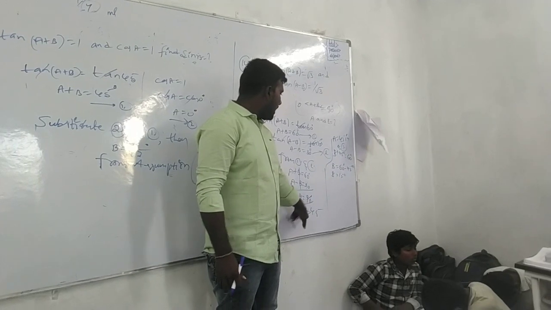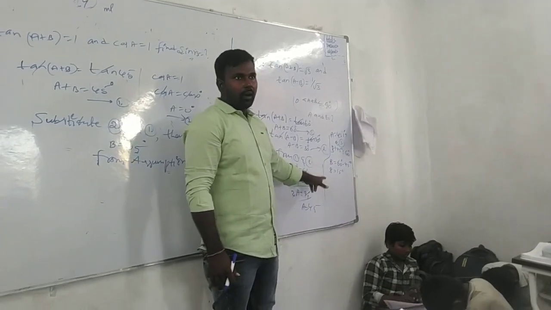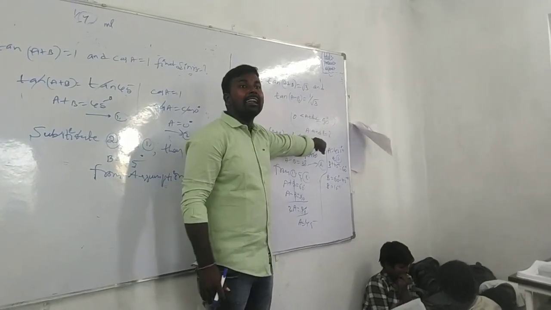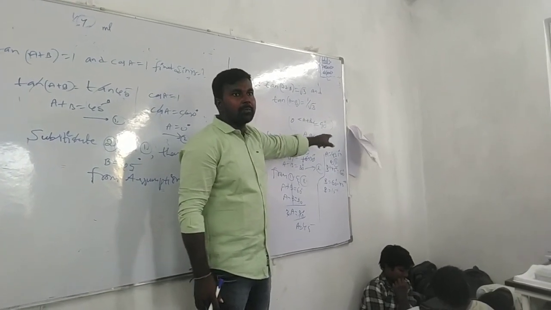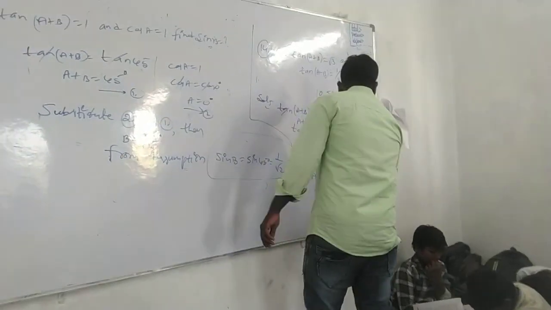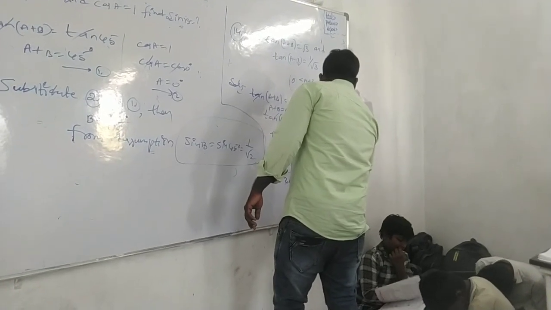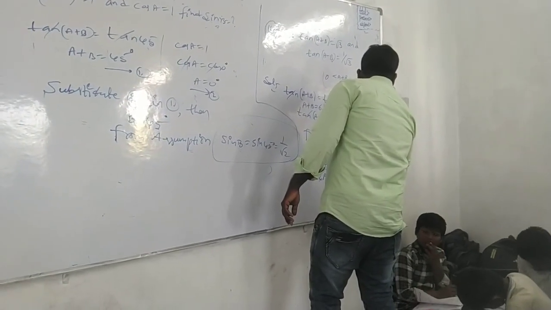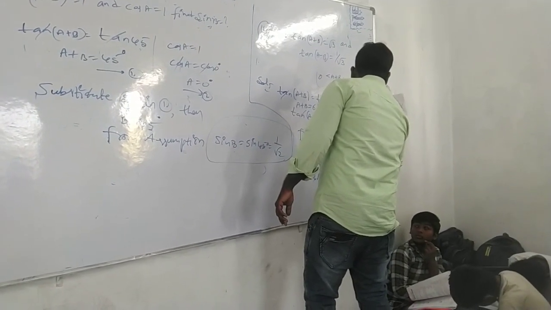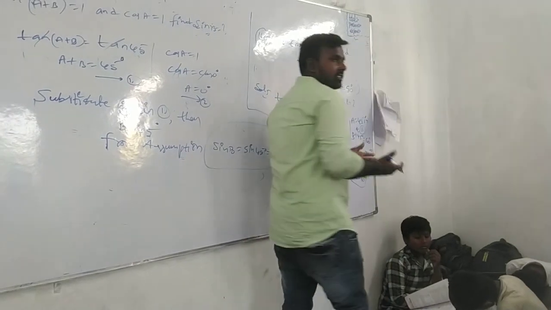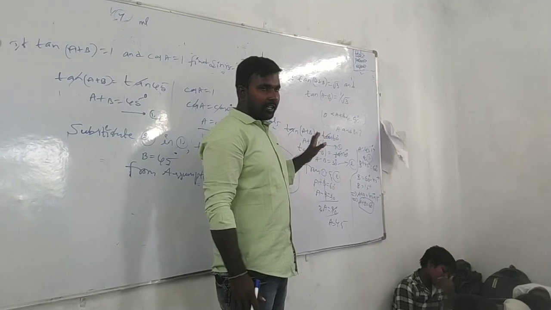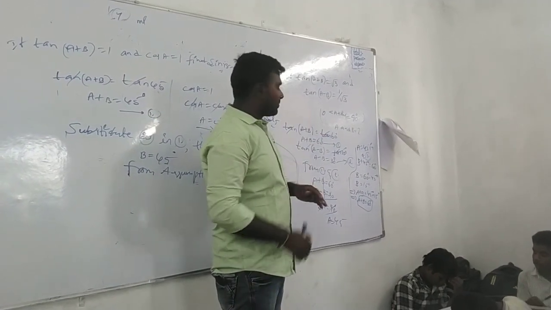So we have the A value and the B value. We found both, and the final answer is what was asked in the question, A and B. Here and means plus, or means minus. It means A plus B. That implies A plus B is equal to 45 plus 15 degrees. A plus B is equal to how much? 60. That is your answer. Any doubt? Yes, madam, thank you.